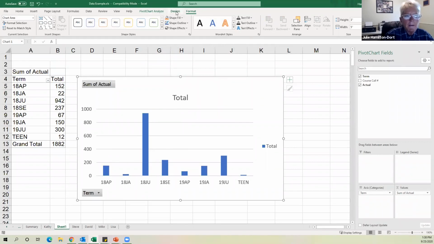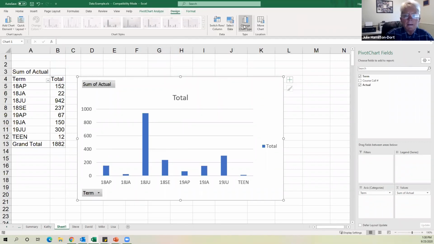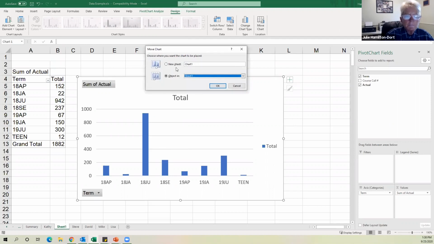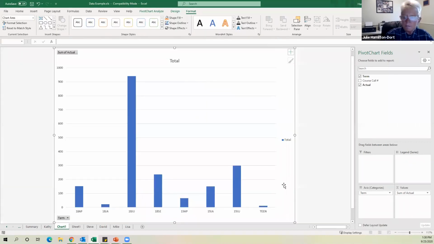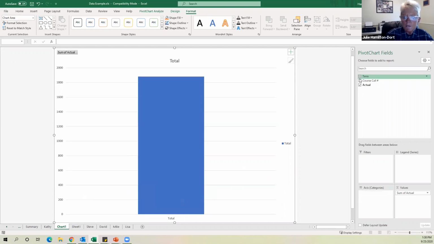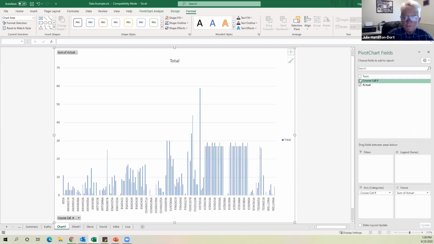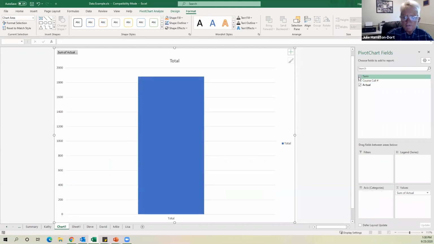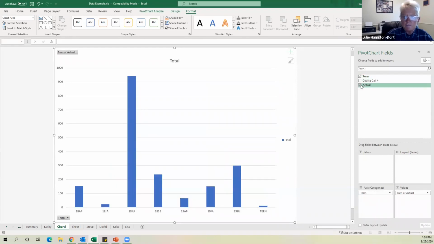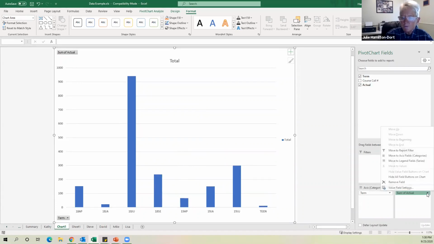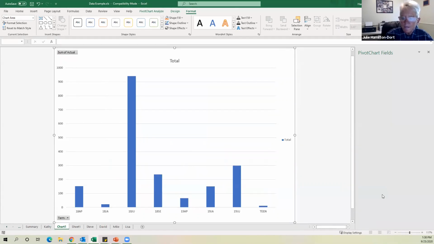I can go back to Design, Move Chart, New Sheet, and click on OK, and it gives me a new sheet. So here's my chart. And again, I can change this if I want to. If you want the call numbers in there, if you want just the terms in there, if you just want the actuals in there. Perhaps you don't want the sum of the actuals. Again, you can come down